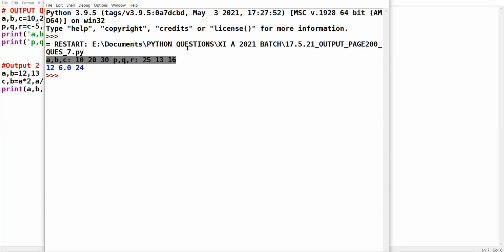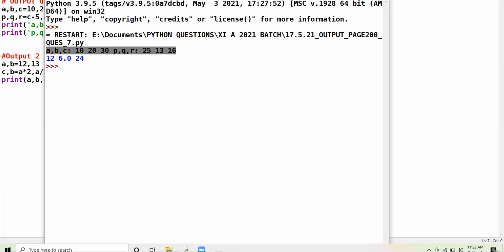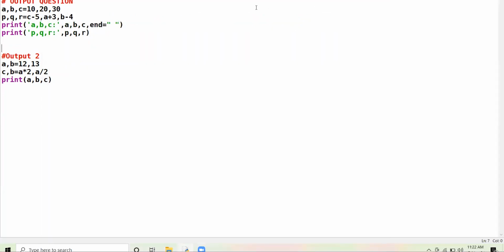All right. Now see here. To make you more clear about the output, I remove this end parameter. Now can anybody tell me what effect it will bring in the result? Yes, Kavya, unmute yourself.